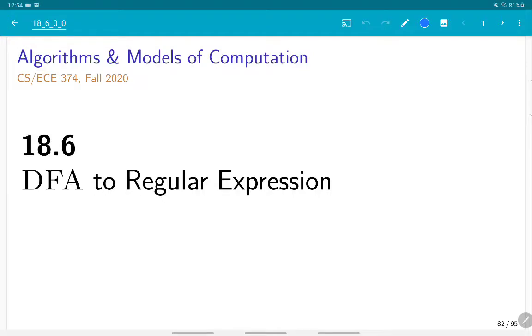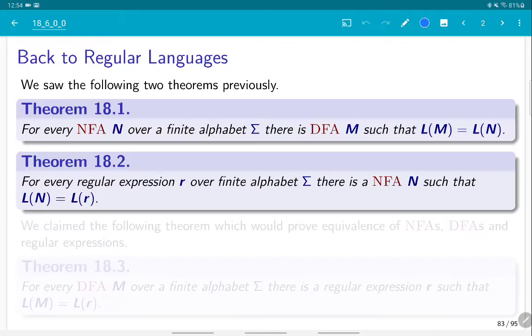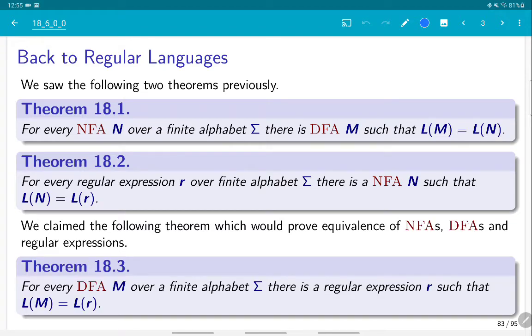Okay, so let's travel back in time to regular languages. To remind you, we had seen that every NFA can be converted into a DFA, and if you give me a regular expression, I can convert it into an NFA, right? And I kind of hand-waved, I gave an example showing how to convert an NFA,